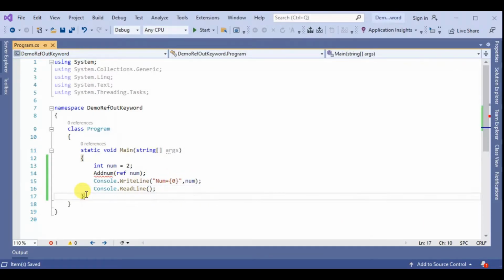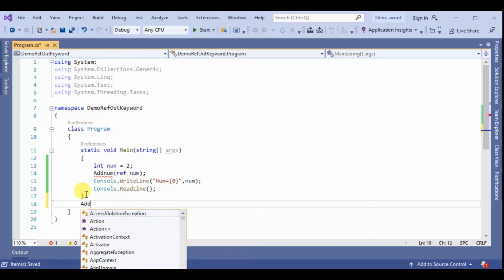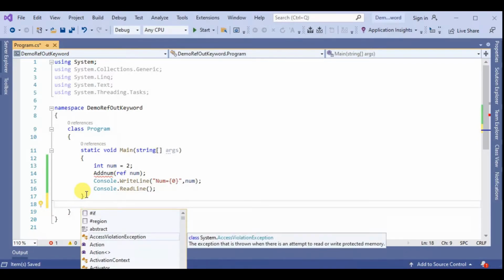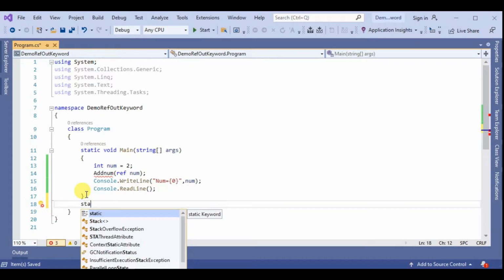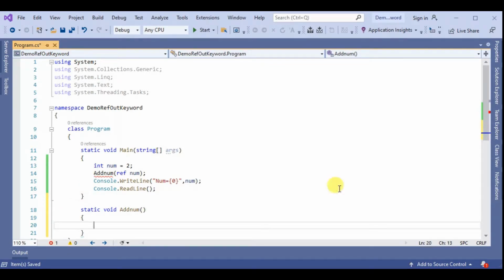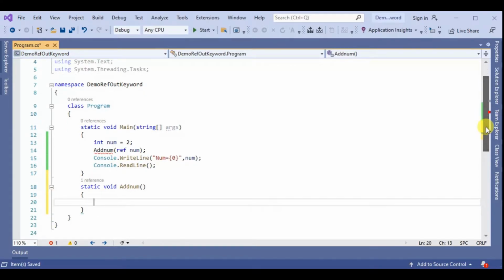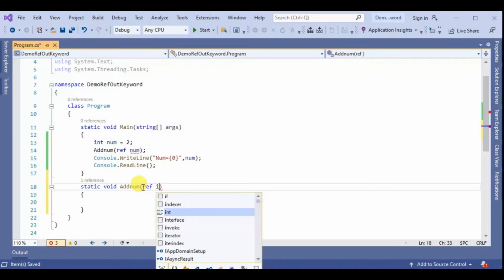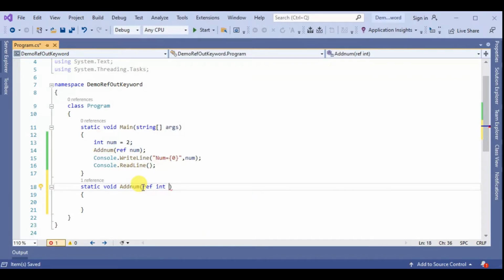After this we declare the method body: static void AddNum, with a ref int parameter abc.